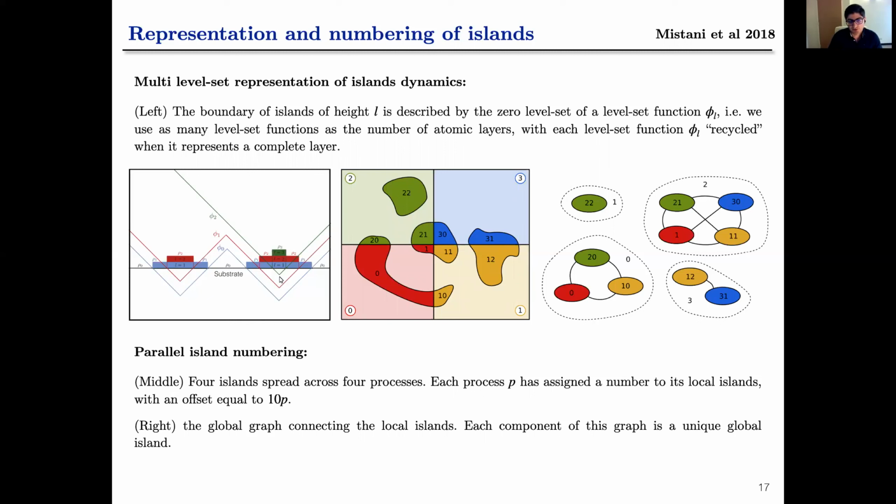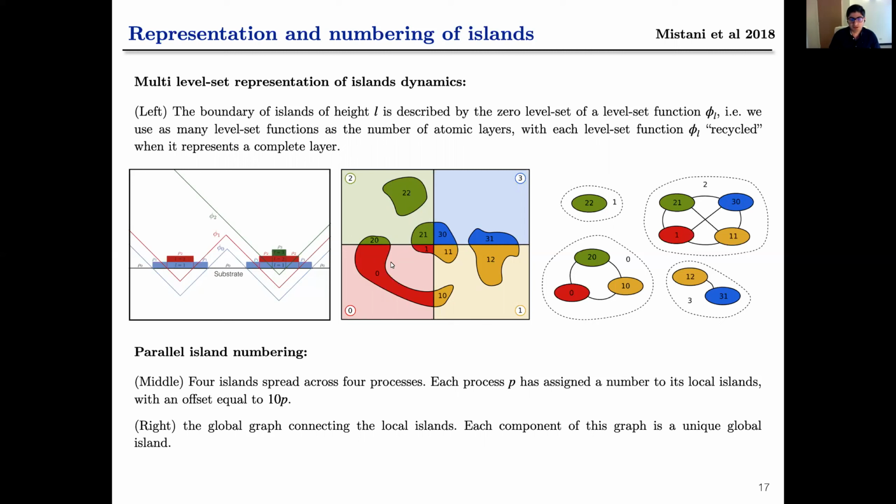Now that we have bundled everything together, we have to be able to identify them. The other alternative would be to define one level set function for each island, but that would require thousands of level set functions defined everywhere, which is just impossible. So now for the numbering, the only issue is that you're doing it in a parallel environment,